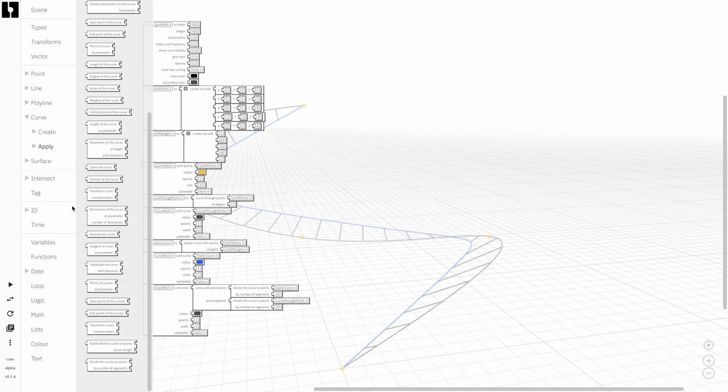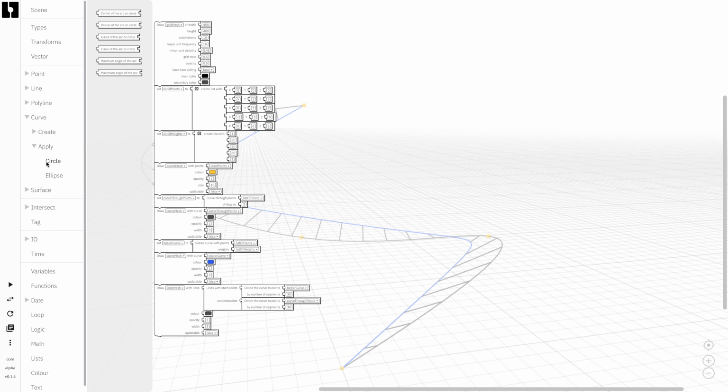You can find all the methods that you can use on the curves here, and also if you expand, you can of course check what the radius of the circle is, what the radius of the ellipse is, what is the axis, where is the center of the ellipses, and these kinds of things you can analyze by digging through